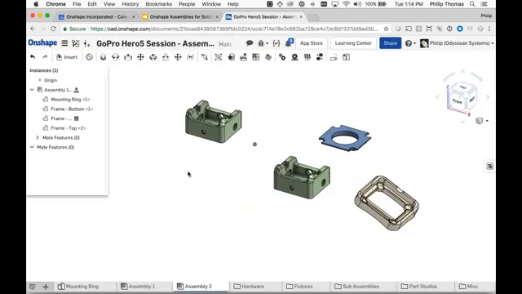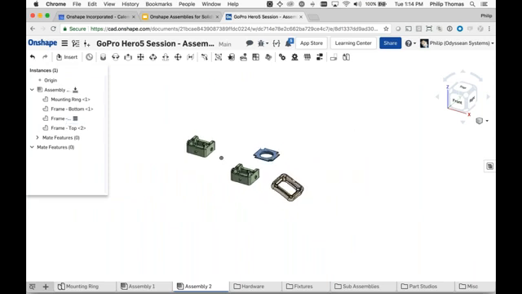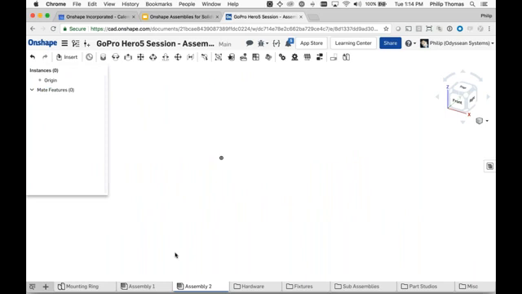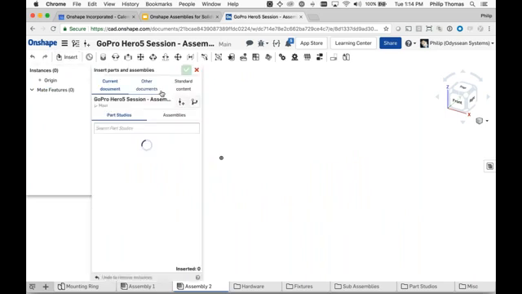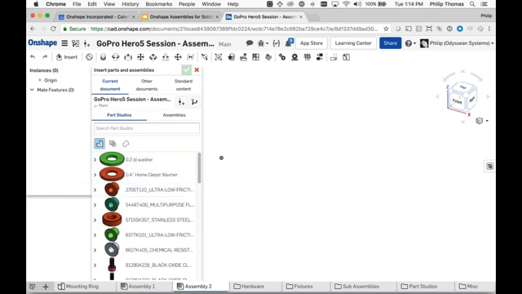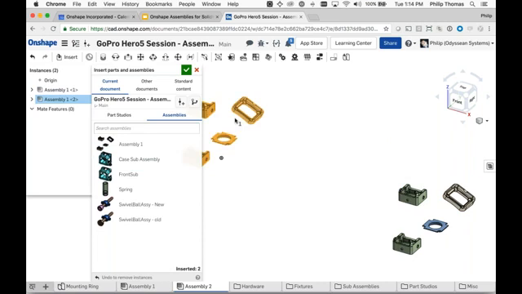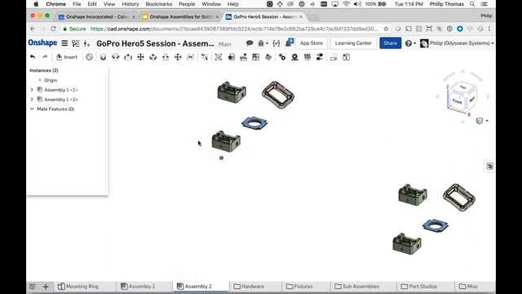Let that sink in for a moment. Okay, so now let us imagine that I'm at this higher level assembly and I want two sets of those parts. I would like to suggest that it is better to insert the assembly. Let's say I want two of these. There's one over here and there's one over here. It is better to insert the assemblies because they have instancing, the bill of materials is correct, and it's far